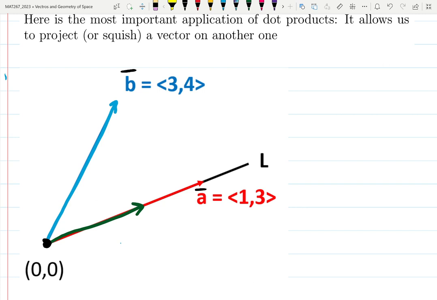The shadow, however, is different depending on where the sun is. That's why this explanation is a bit not professional, but I like it because it's intuitive. If the sun is in a different location, the shadow will be bigger or smaller. No. We always try to make sure that the angle is perpendicular. This has to be a perpendicular angle. So if I create a perpendicular angle, what kind of shadow will I have? There are many ways of projecting B on A, but the only one that we want is the optimal one, and that's going to be called projection of B. In green color, write down B and a hat. B hat, that's a projection. Another notation will be,